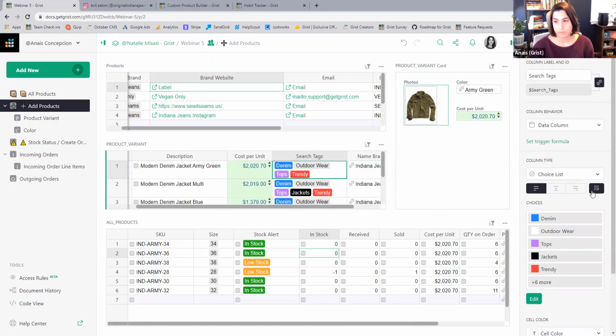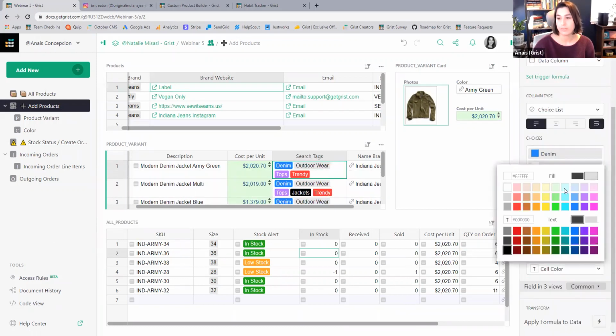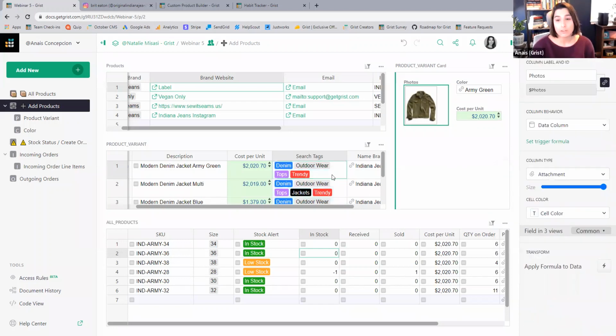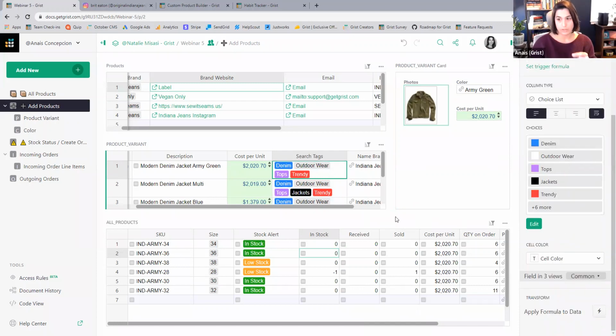Same formatting options are available here. You can see this is being text wrapped. If it wasn't, it would just sort of cut off like this. But if we want to see that better, now it's being text wrapped. That's what that does on a choice list column. We can still have a background. So that's nice. And also one more thing I mentioned, you can add new values here, but you could also